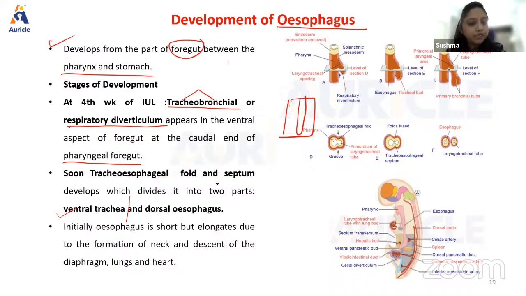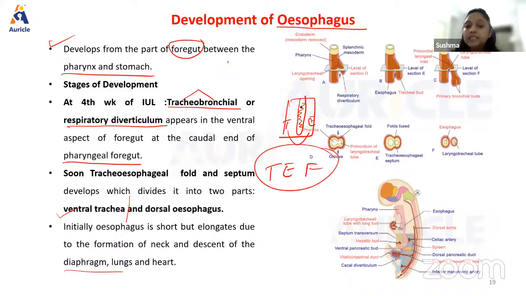Initially, the esophagus is short but elongates due to the formation of the neck and descent of the diaphragm, lungs, and heart. Correct? Now, suppose this septum is not there, or there is some defect in the formation of the septum, or some parts of the septum got resorbed for some reason, then there will be a communication between the trachea and the esophagus, which is called tracheoesophageal fistula, which is a part of the very famous defects